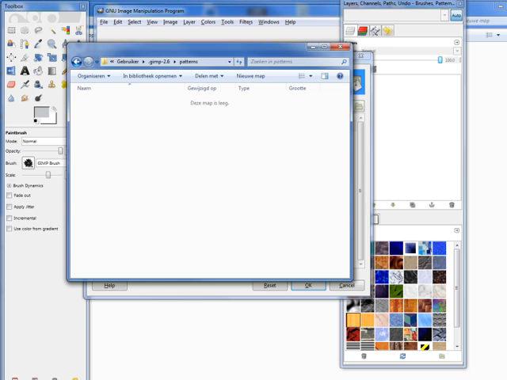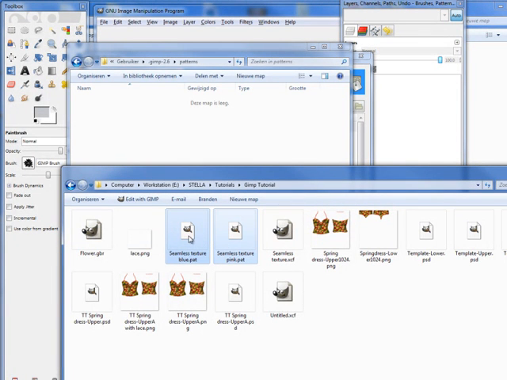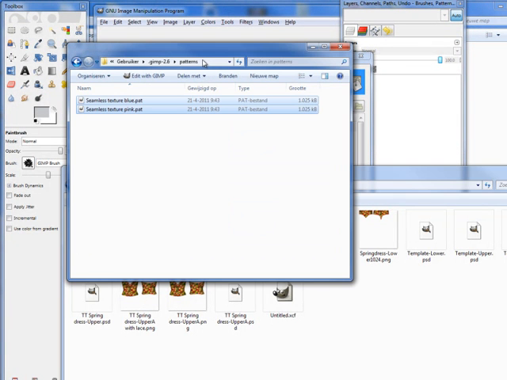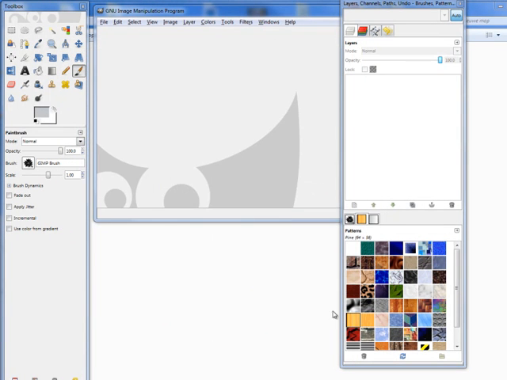Open another Explorer window where you have your two newly made pat files. Select them both holding the Control button and drag them to your folder that Gimp uses to show the patterns. You can close this, you can say OK, and here you click the refresh button, and now you see here are your new patterns arrived, the pink one